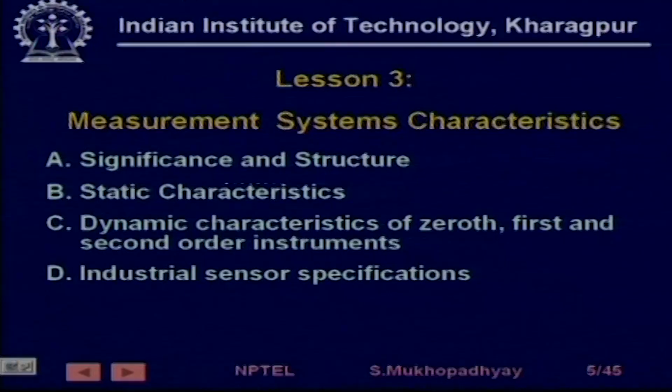So, we started with level 0, and we first talked about the sensing system. We first took an abstract view of measurement systems and found their typical structures, and their typical static and dynamic characteristics by which you can describe the performance of any abstract instrument. We also looked at some typical sensor specifications of industrial sensors.